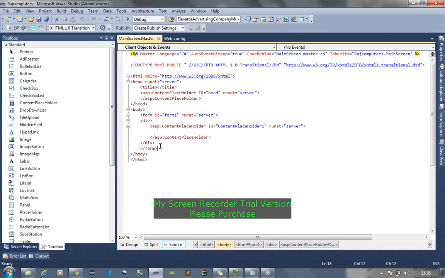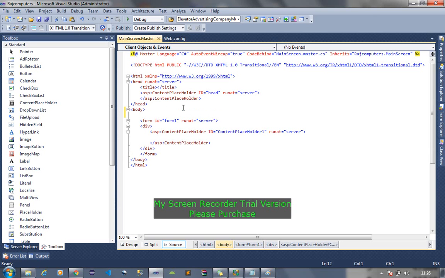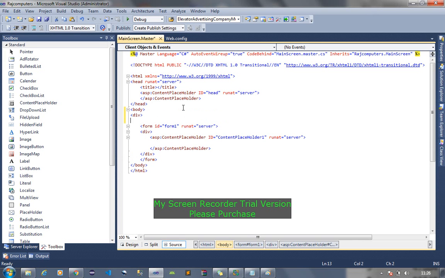I have to create all my formatting below and above this. I will be using this form. I will be using a top side header here, and I will set ID equal to header.